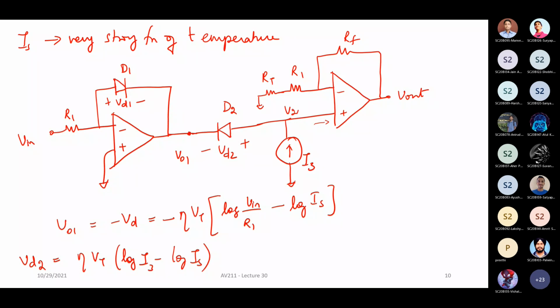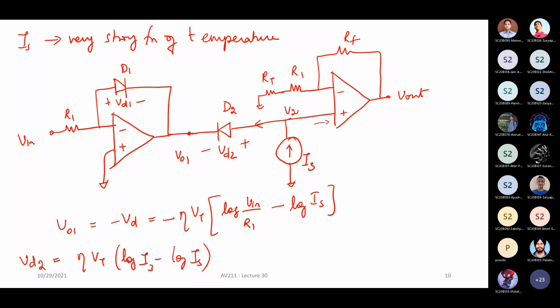Now let us say these two diodes. So VD2 should be V2 minus VO1. Correct, that is true. But if this is the current that is flowing through, see this I3 current cannot flow into the op amp. Okay, got it, so I am writing in terms of I3. You're right that it is V2 minus V01, which is kind of what we use as well, right? But this is what basically happens, correct?